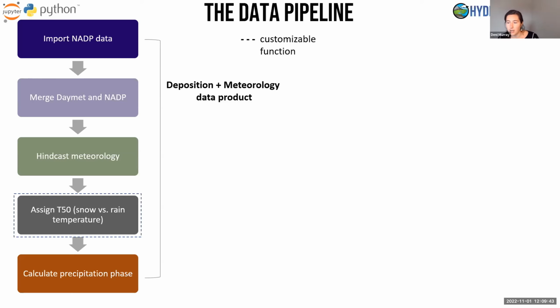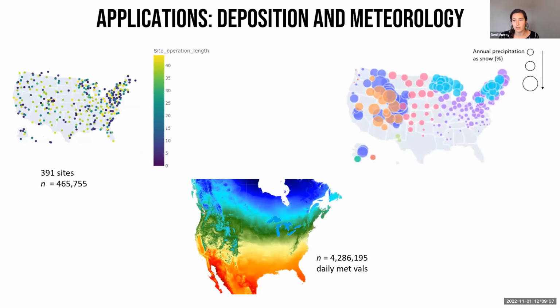And from here, we're using a temperature threshold from a previous study to assign a rain or snow custom temperature threshold, to then write a function that calculates whether that wet deposition fell as rain or snow. The resulting deposition and meteorology data product contained over 4 million meteorological data points and over 400,000 deposition chemistry data from about